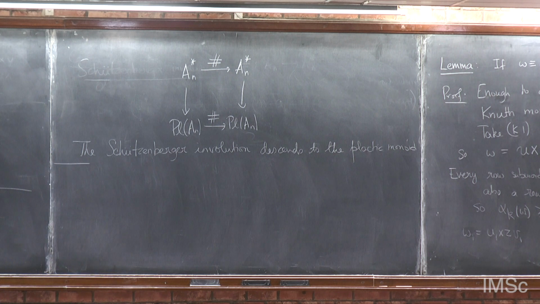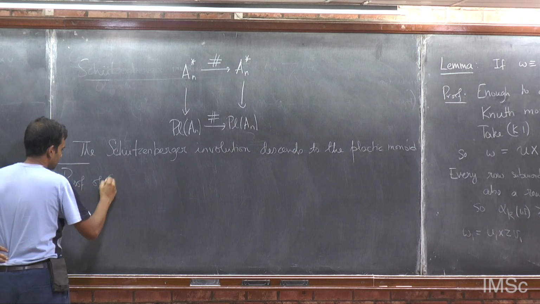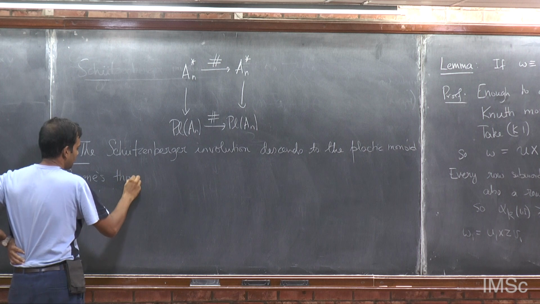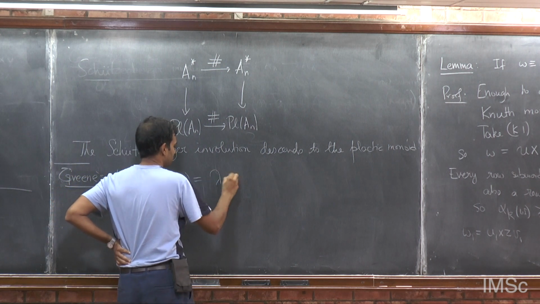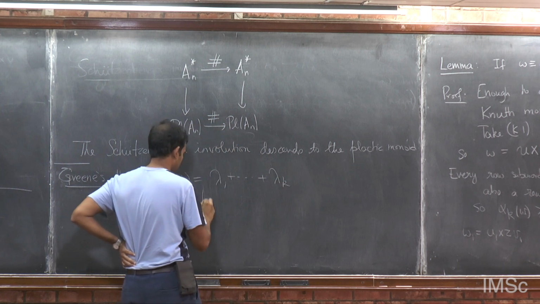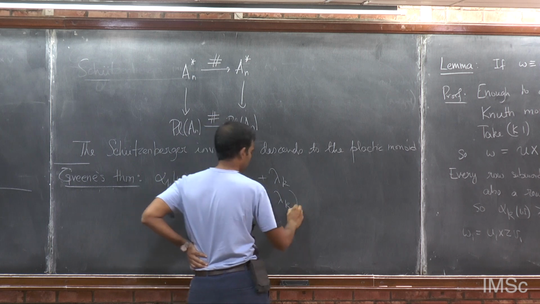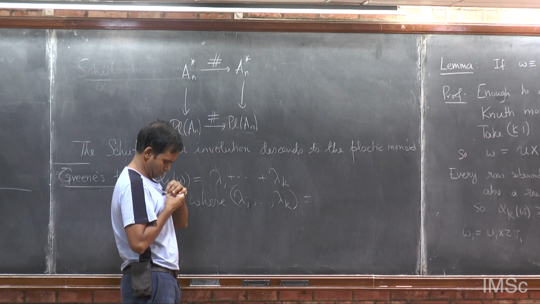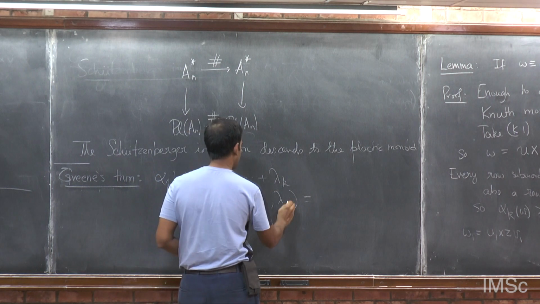So anyway, have we proved Green's theorem? Coming back to where we were a little while ago, we have proved Green's theorem, as I explained. Proof of Green's theorem. So I didn't state Green's theorem, right? So alpha k is the sum of the first k parts of the partition lambda, where lambda 1 to lambda L is the shape